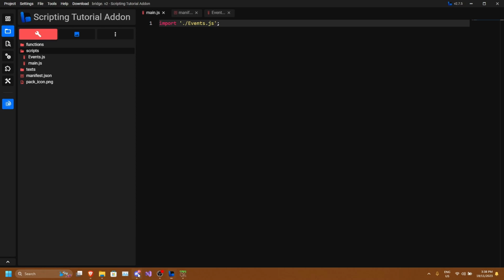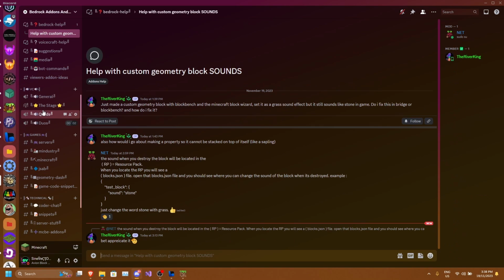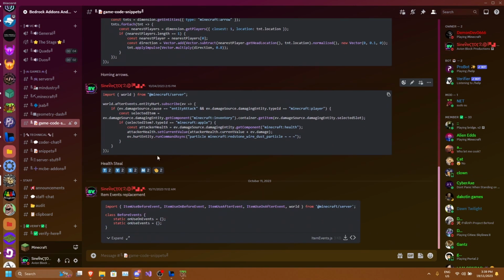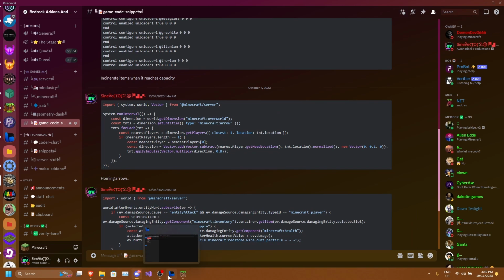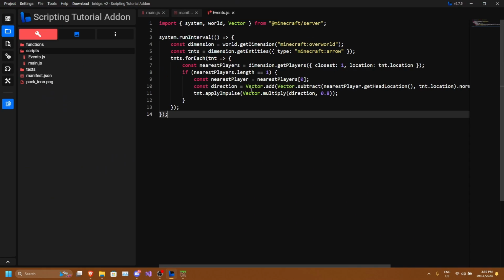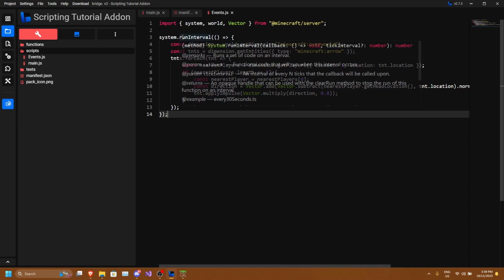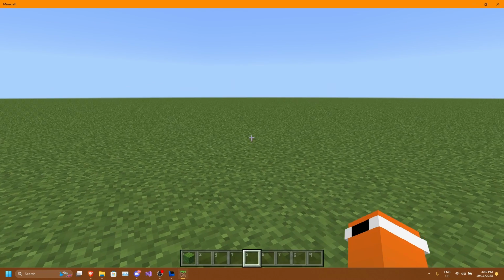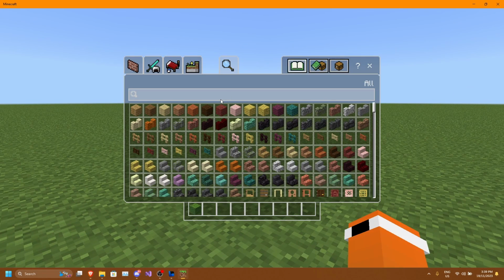So what I'm going to do is I am just going to go to where the code is. Never mind, here it is. So now that we have here, we can see homing arrows. So I'm just going to copy this and paste it in here because we don't really need to do anything in the main.js. And now that we have this in here, we can just head on over back to Minecraft, type in /reload, and then when we